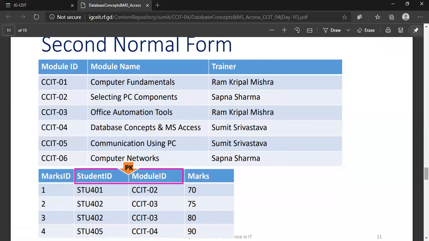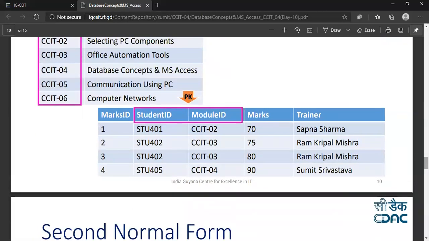Now what is the difference between this table and this table? You see in this table, I have one more column, trainer. And I see the column trainer is not needed here. Why? Because the primary key cannot be used with the trainer here.